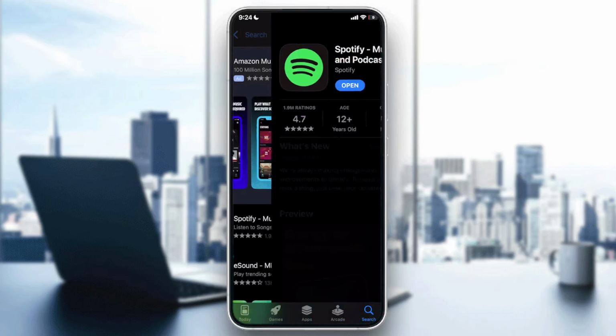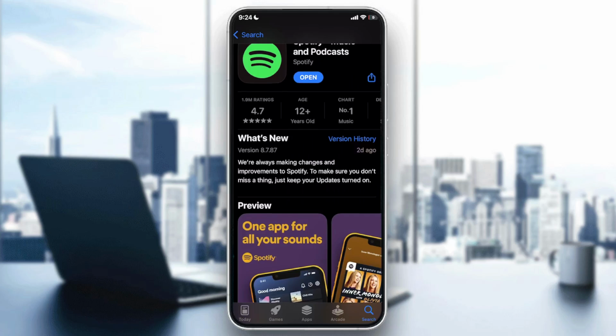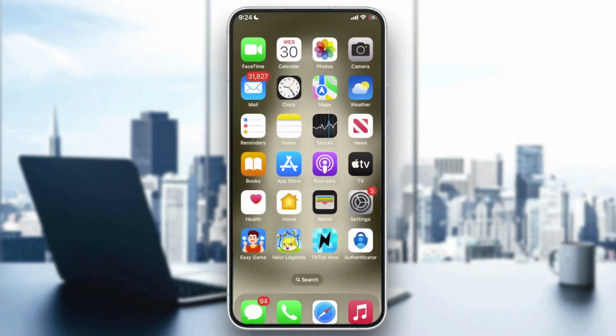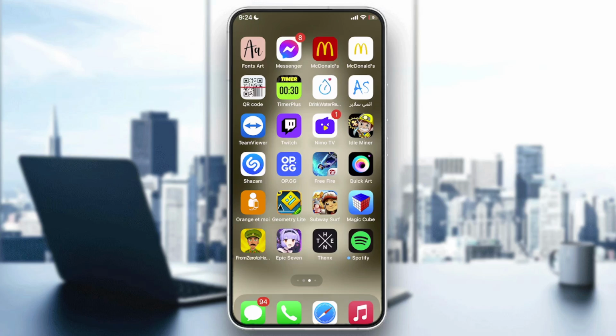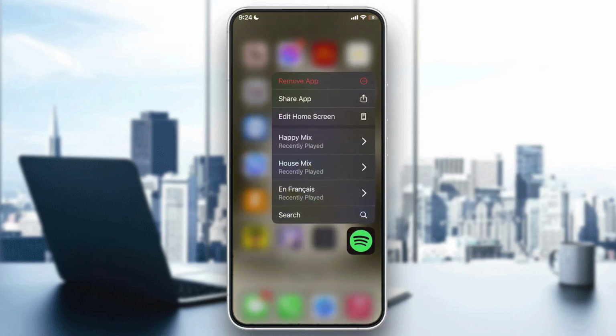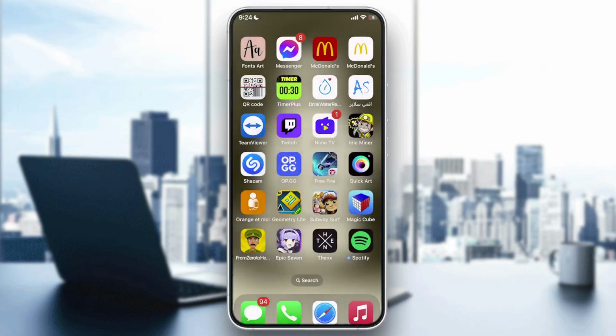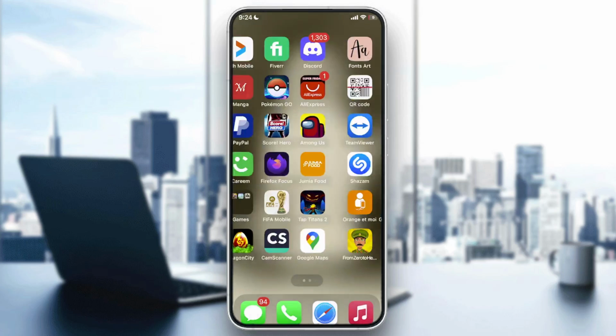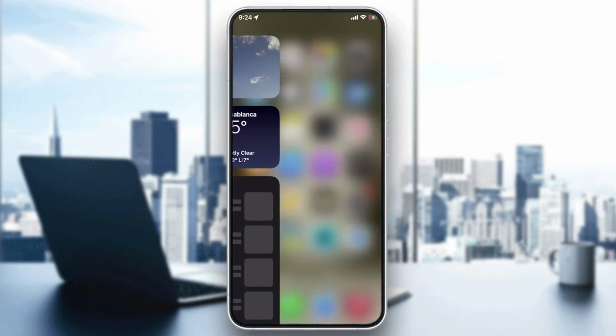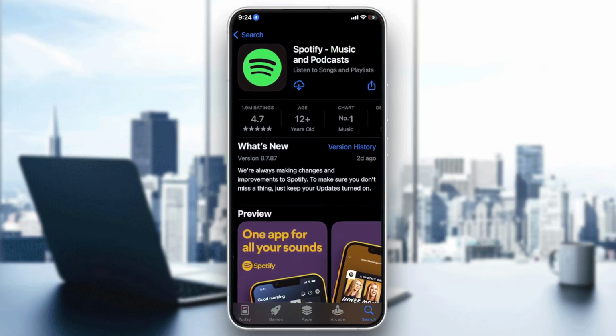For example, I have it downloaded, so for the sake of this tutorial I will uninstall it and download it again for you guys. So let's uninstall it, remove it, delete app, as you can see, and now let's download it again just for the sake of this tutorial. So click on App Store again, search for Spotify, and then click on here,